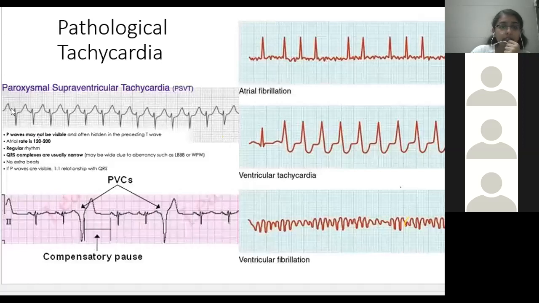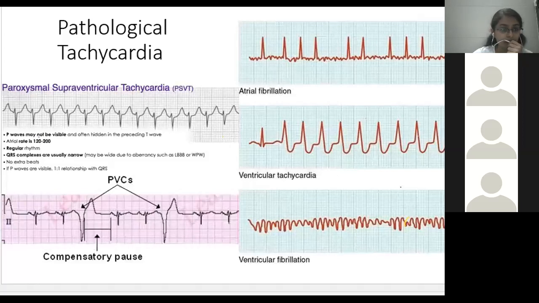So in PSVT, we saw that someone is asked to repeat PSVT. Yes, in PSVT, it is supraventricular tachycardia. Origin is from the supraventricular region where the atria are not contracting properly. There is always overlapping of their depolarization with the QRS complex. You can identify QRS complexes, but they are evenly placed as compared to atrial fibrillation. There is irregularity in atrial fibrillation, irregularity in the R waves.